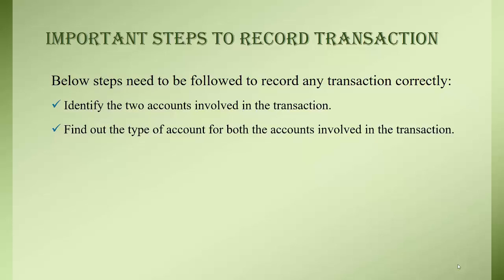Let's take another example to understand this step more clearly. Salary paid in cash. The two accounts involved in this transaction are salary account and cash account. Salary is a nominal account because salary is an expense for the business, and cash account is obviously a real account. So first you have to identify the two accounts involved in the transaction. After that, you have to find out the type of the account. After that,